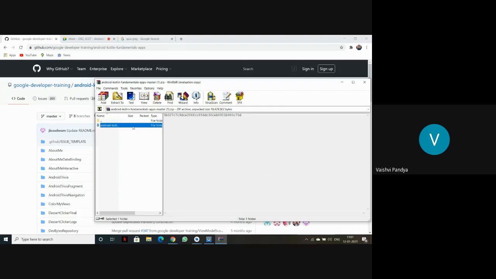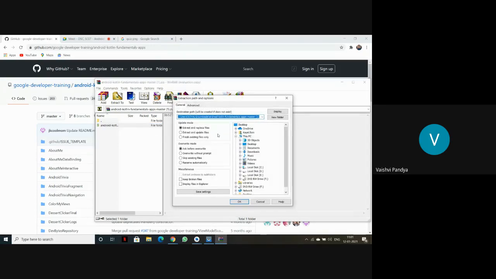You'll right click here and you can see extract to specified folder. Then you'll use desktop, and then you click new folder and give the new folder a name. Here I'll give Android Trivia and you'll just click OK.